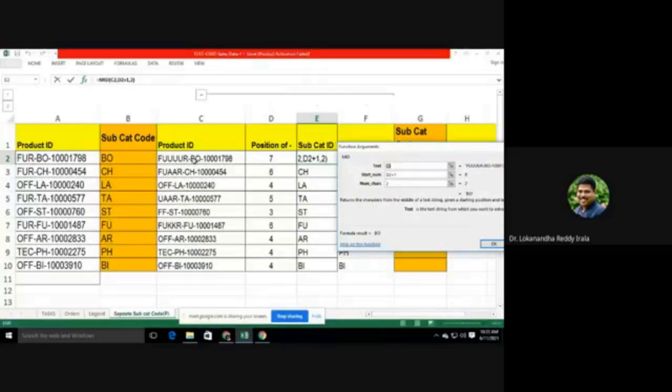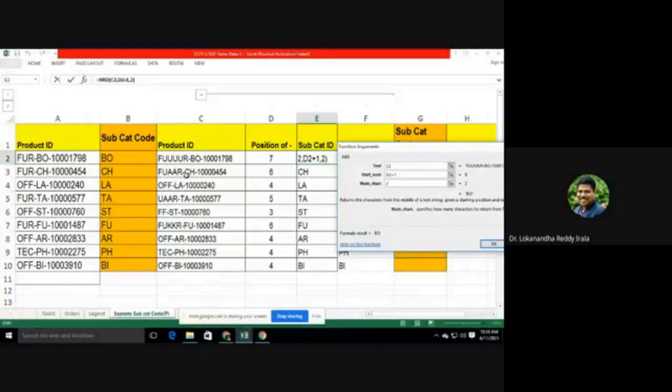So here the B is at 8. And how many characters do you need from the starting number? 2. Whereas here the C is at 7, whereas here L is at 4. That means hyphen is at 4, so L starting for MID function is 5.